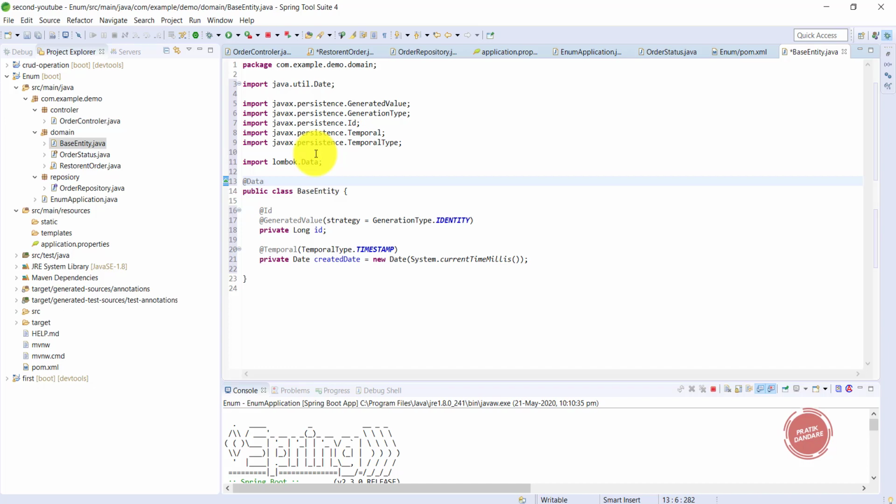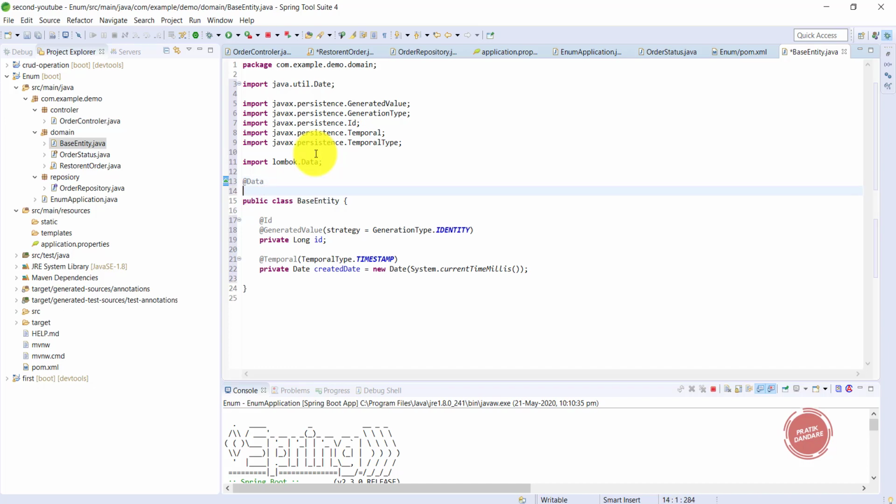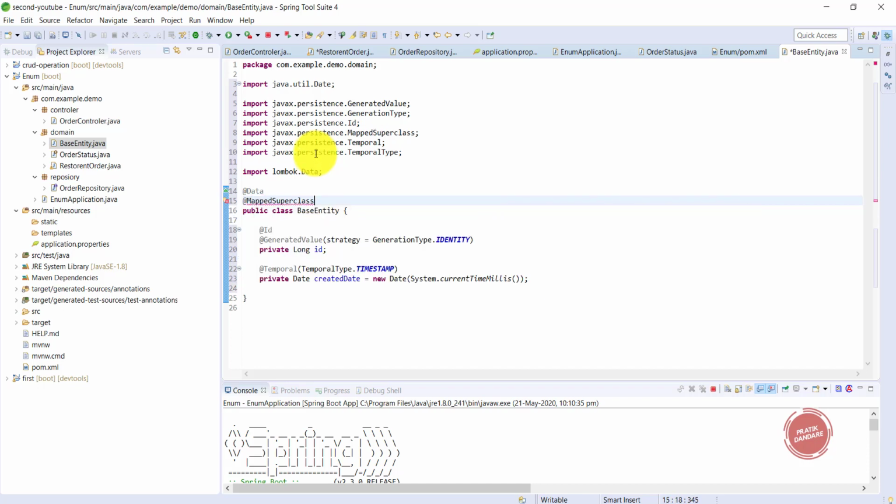And there is one more annotation called map superclass, which we need to use. Unless we use that, we are not able to create the columns in a table, because it is not reflected while Spring Boot creates the table columns. So this is our base entity having getters and setters.